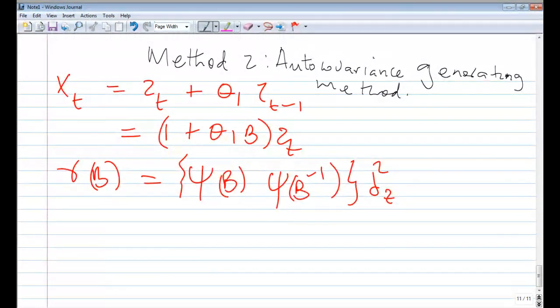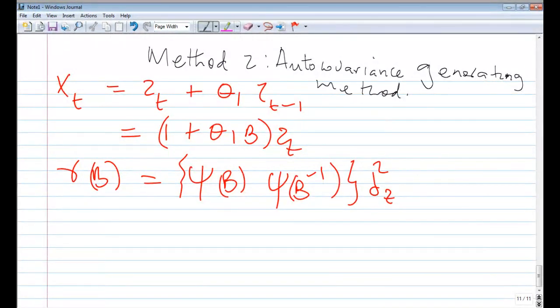Or maybe to be on the safe side, you can just ignore the first one, method number 1, because there's no name for that method. But this one, I can just say find the autocovariances using autocovariance generating method. So this is the method that I want you to know. But if I didn't highlight or say use which method, you can use any method. Yeah, we'll just use this one since we have to know it. But you don't know how difficult it is. Okay, let's just go to it.